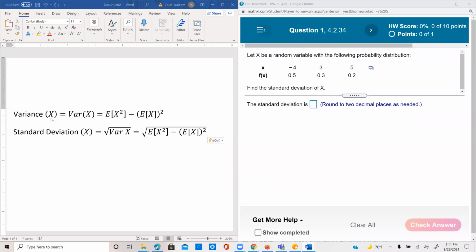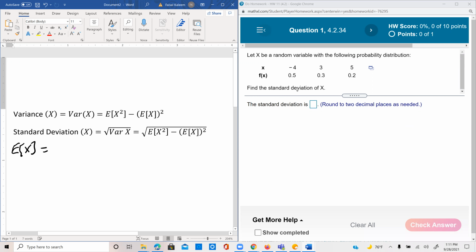Variance of a random variable x is defined as E of x squared minus E of x whole squared. And the standard deviation is the square root of the variance. So here we have to find the standard deviation. So we'll first find E of x,